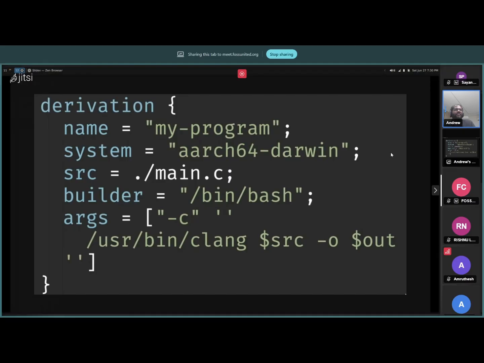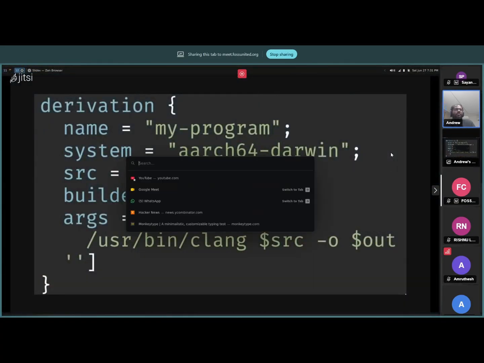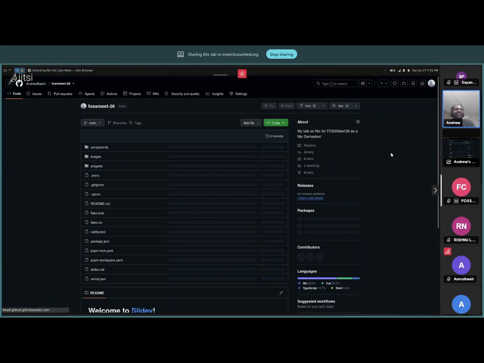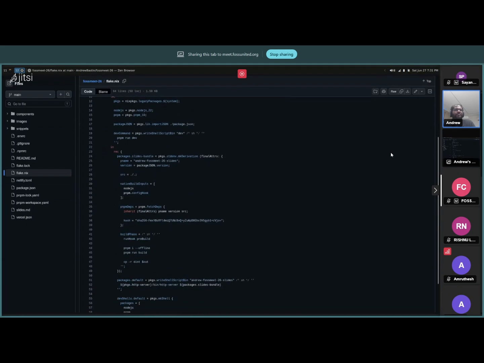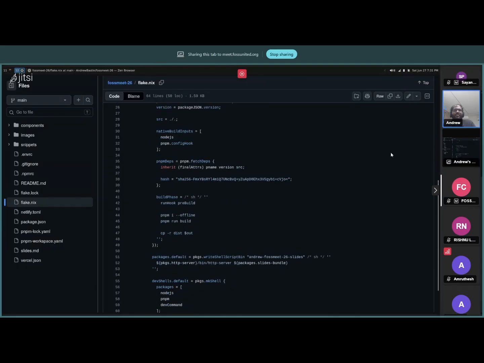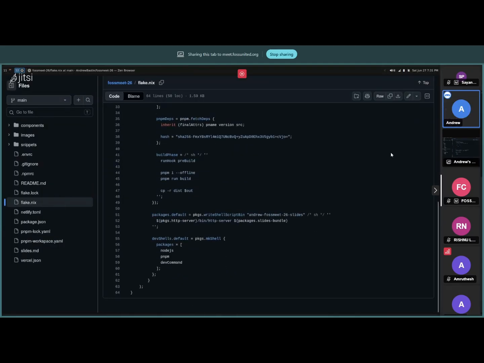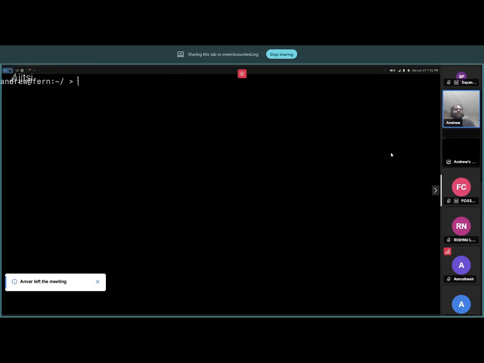So this talk that I'm giving right now, the slides for it is actually just another Nix derivation. I'll show you how that is done. I have this repo called FOSS 26, because this is the talk I gave for FOSS 26, and I have defined a Nix derivation for it. It's a bit complicated, but it will basically run the Nix derivation. And because it's a public repo, Nix can just run this straight away. So I'll show you how that works. I can just say nix run github, so pull this from GitHub.